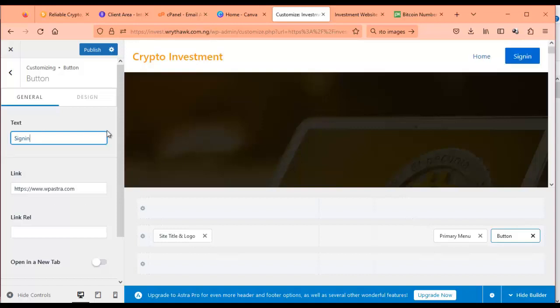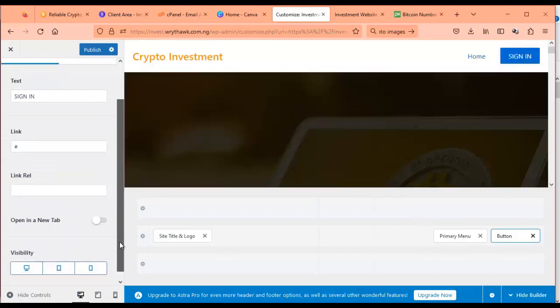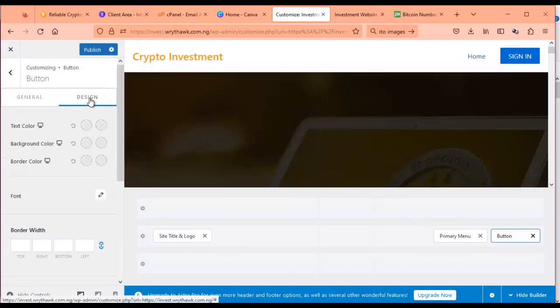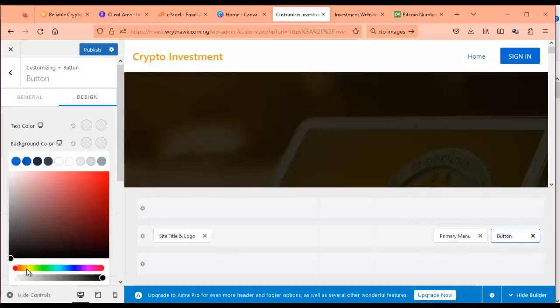I can say sign in. Okay, so we'll come back to set the link. For now, there's no link, so we just put a hash. Just put hash here for now. We'll still come back to put the link. So you can also design the text color white, background should be